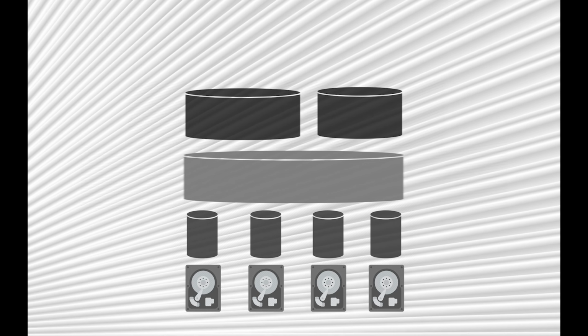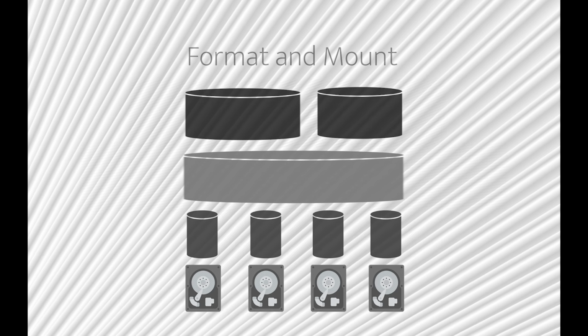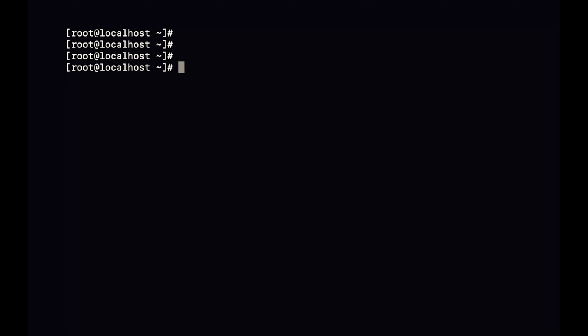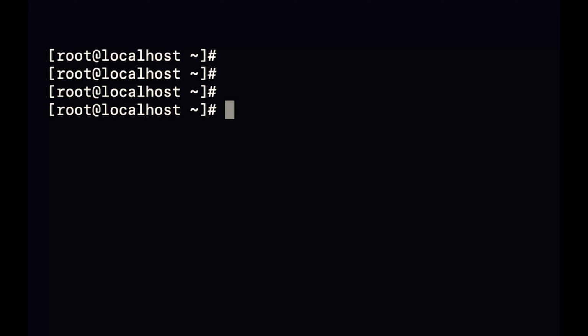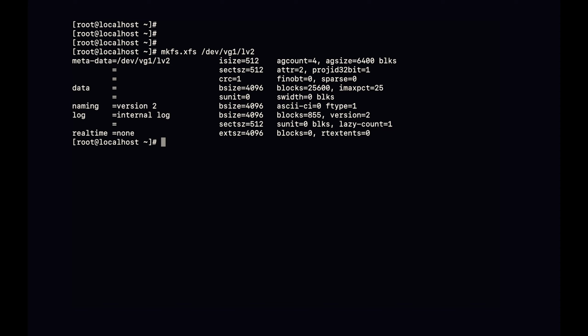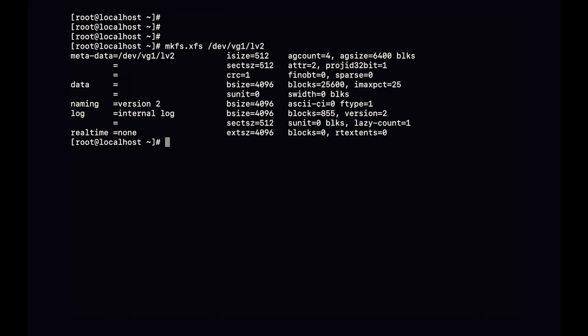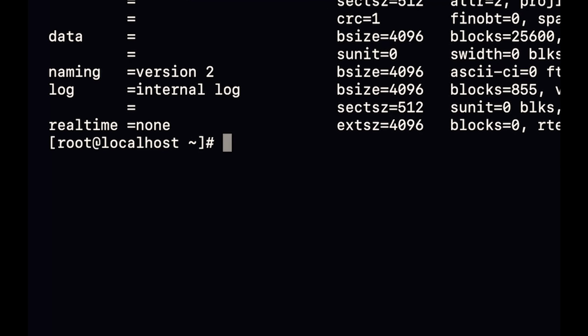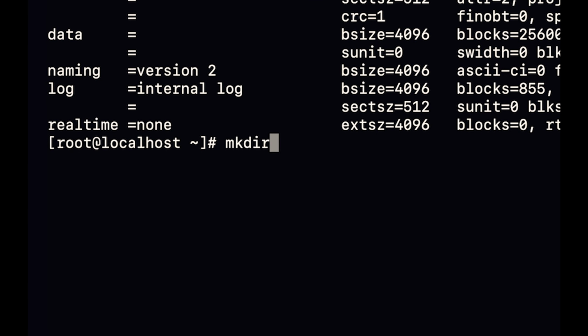Now that we're done with configuring LVM, we can go ahead and format it with a file system and then mount it. We'll use the next command to make the file system: mkfs.xfs /dev/vg1/lv2. Enter. And it's done. Then we'll create a new directory so we can mount it. mkdir /home